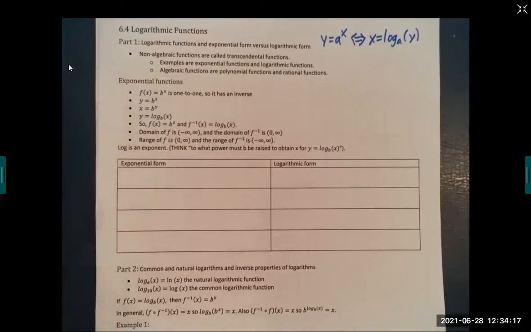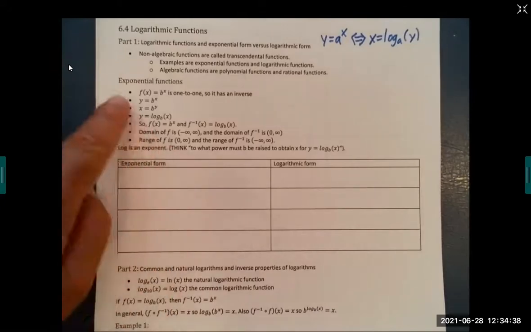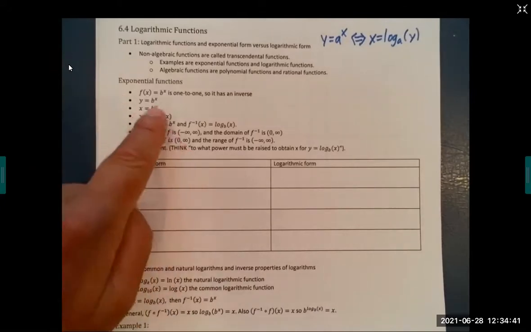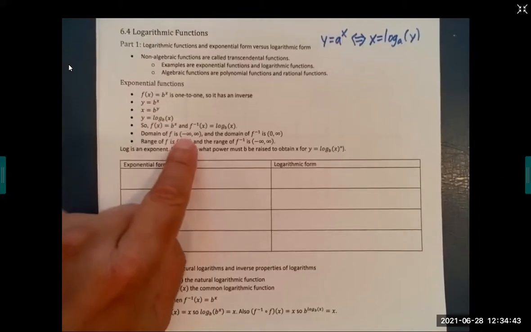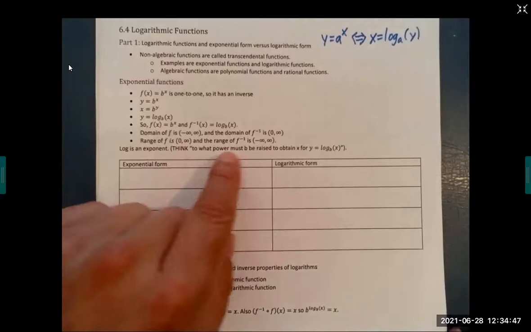And so let's go through some concepts that have to do with logarithms. First of all, f of x equals b to the x power is 1-to-1, so it has an inverse. Exponential functions are always 1-to-1. This is sort of a derivation on how to get to a logarithm. Now the domain of f is -infinity to infinity, meaning x can be any value in the whole world with an exponential function. And the domain of f inverse